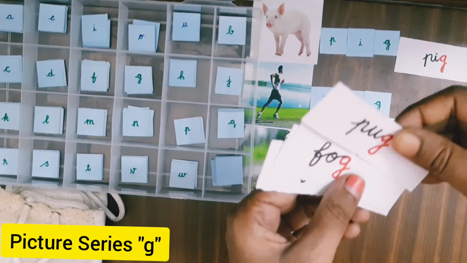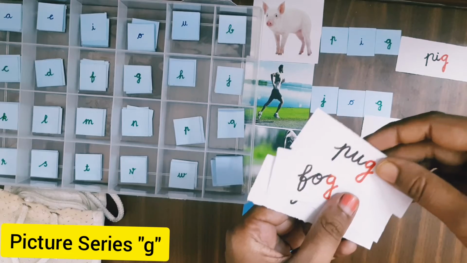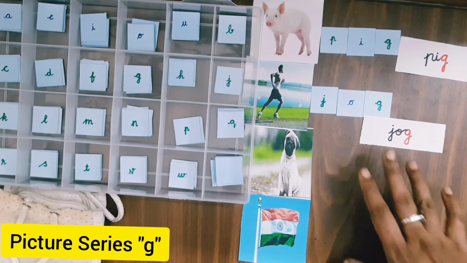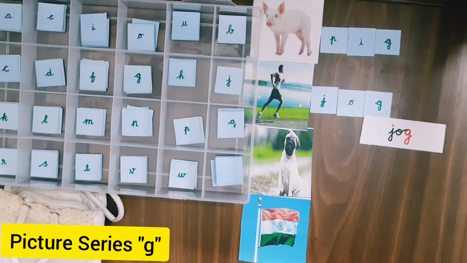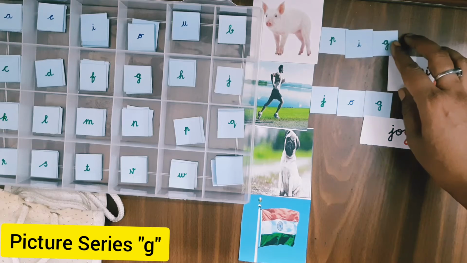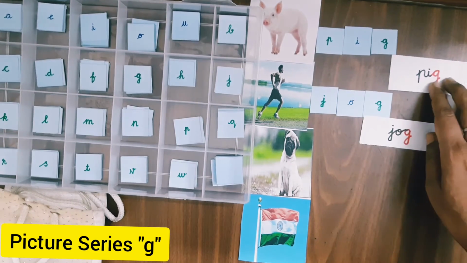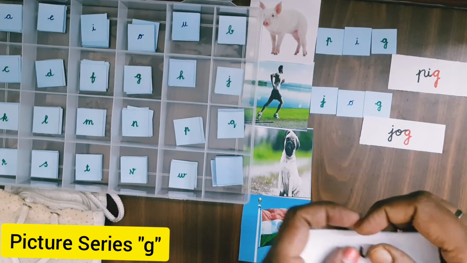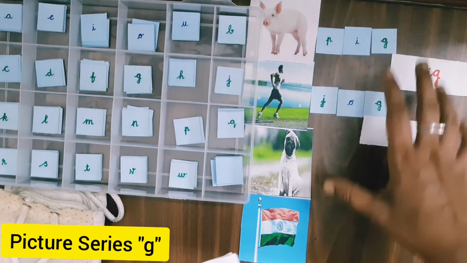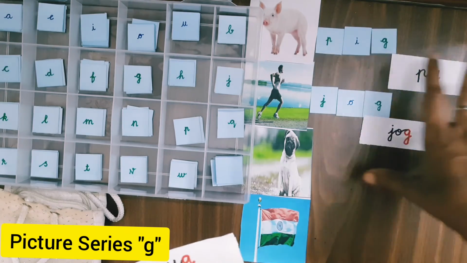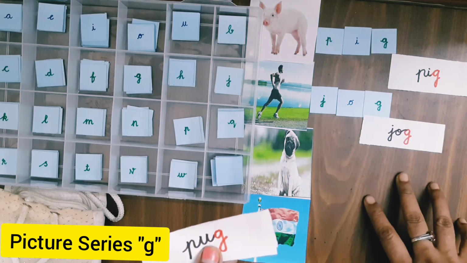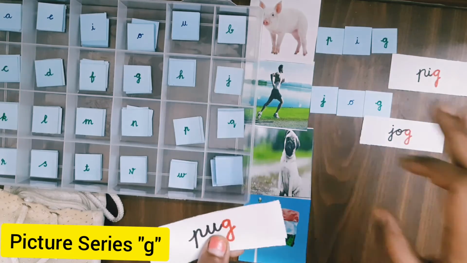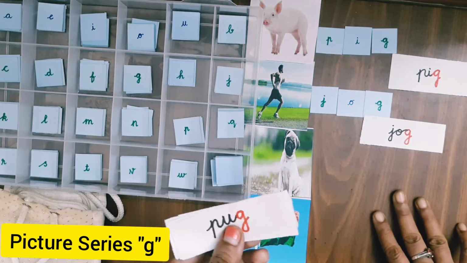So like this, the child will keep the name slip. So this is the parent activity. Parent activity means the main activity related with this pouch. What are the other activities which are possible in this material? The child can do read and copy. After forming the words like this, give paper and pen and ask the child to read and copy. This way it gets registered in their mind.